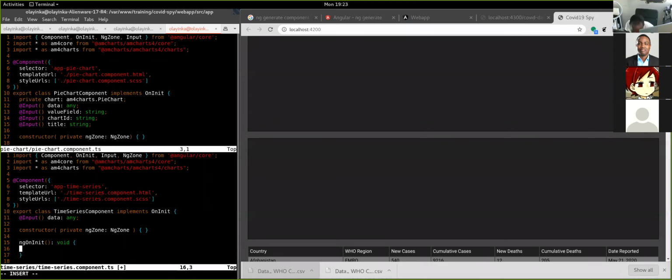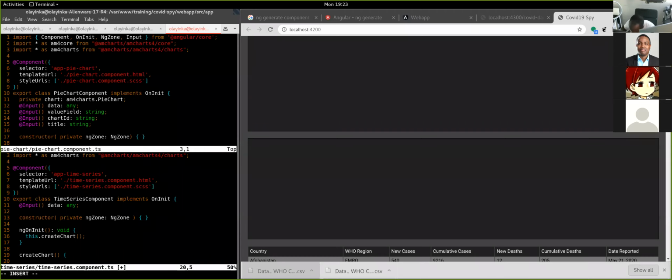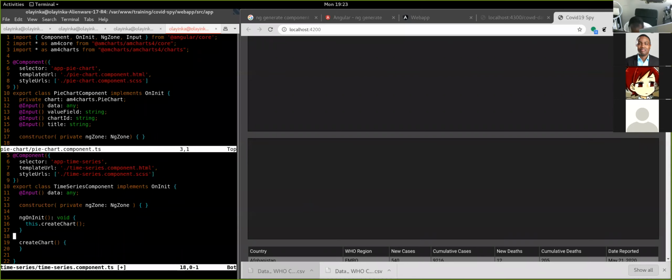Now in our ngOnInit here, we can say create chart. Actually, no, it has to be this.createChart. And what that does is it allows us to create a separate method called createChart, in case we want to do other things in the ngOnInit, which we may want to do later. And so now we can say